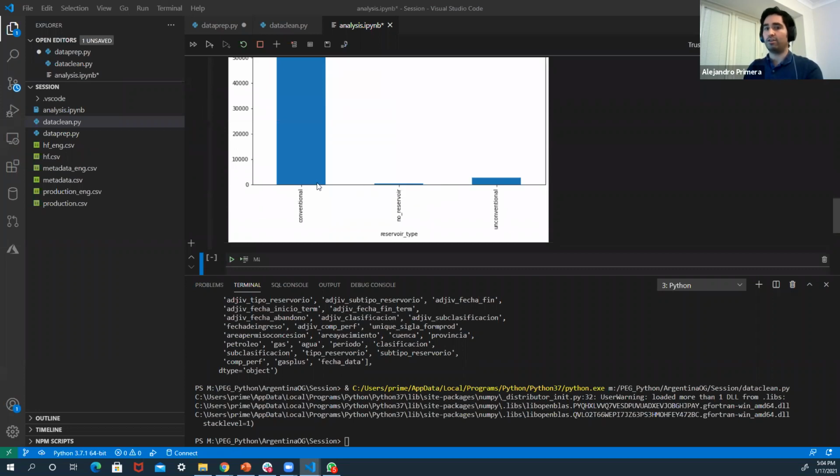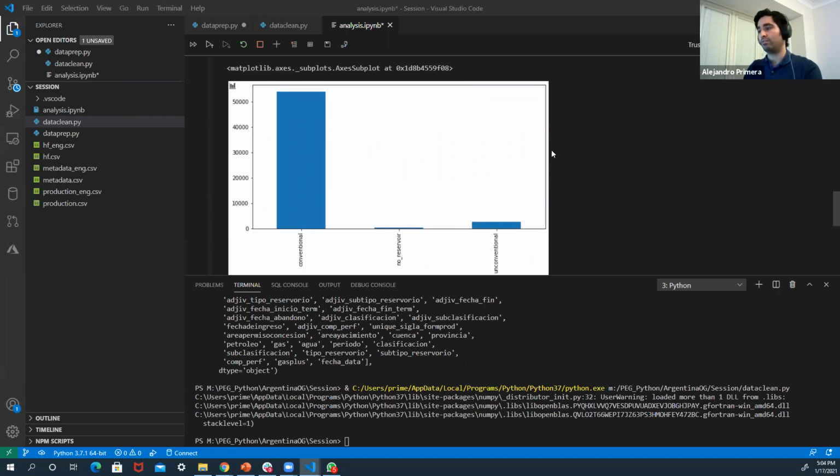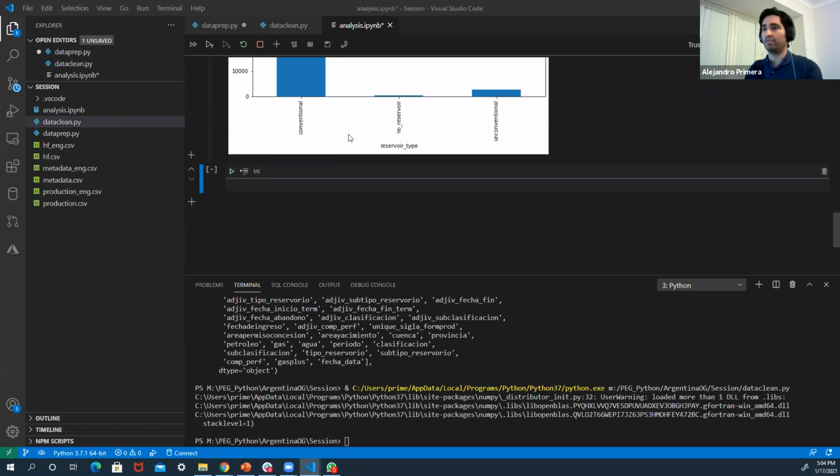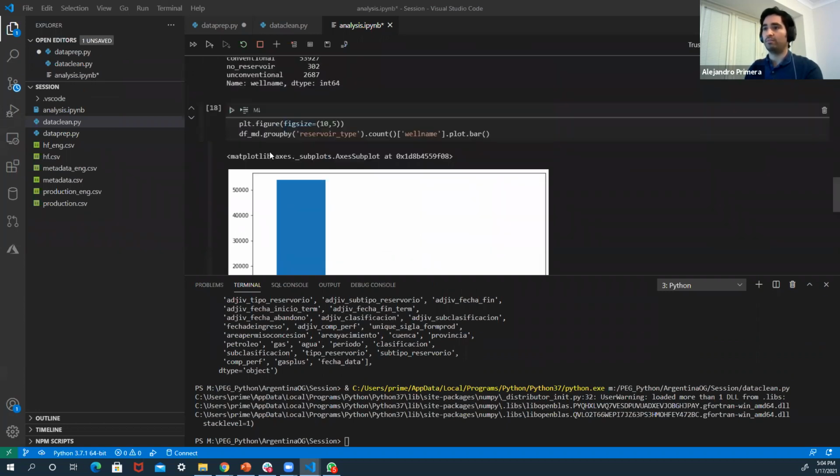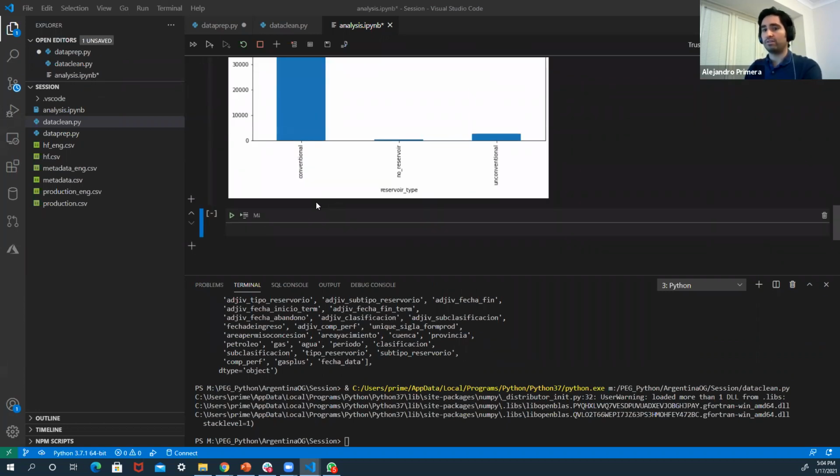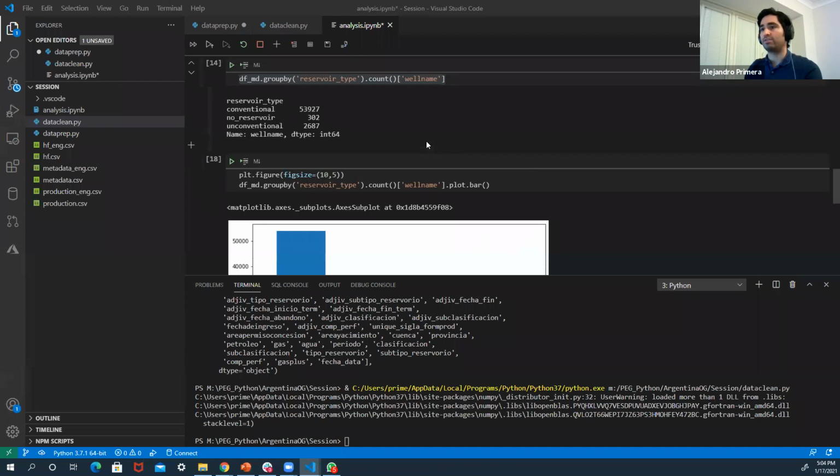So I have my number of conventional wells and the number of unconventional wells, and I have a nice plot. We know how many wells. So let's add another question. And if you have, will these be unique names? Oh, yeah, that's a good question. Okay, so